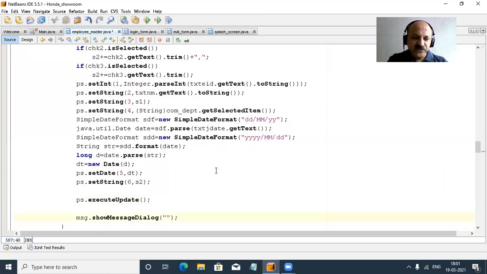Let us check first: I give null first, and then our message, record, or we can say, search record successfully.